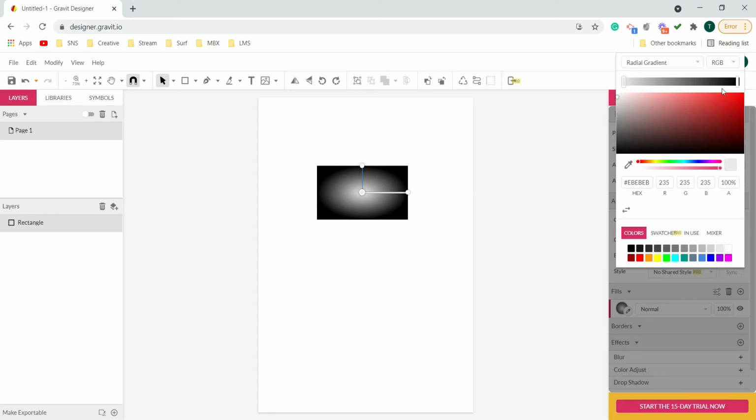Now I'll select this black tone and I'll change it to dark gray, somewhat like this. Just a small blend between light gray and dark gray. If you feel like it, you can definitely play with the colors and bring out a different result which might look much more appealing.